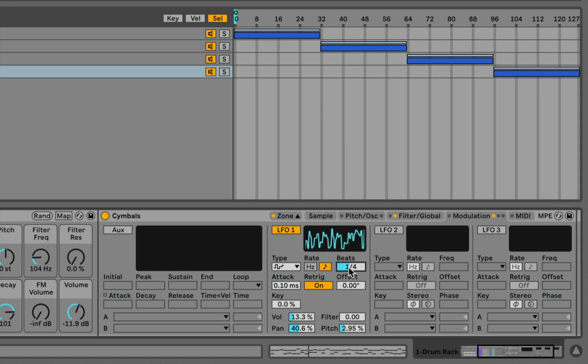Let's try this at quarters. And the idea really is to explore the different device parameters and see what works for you. We could also think about possibly allocating different samples. You can expand this with a whole bunch of different bell